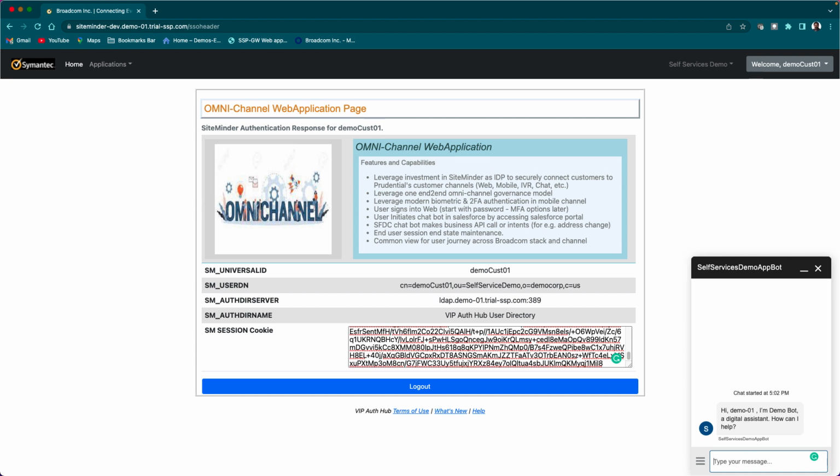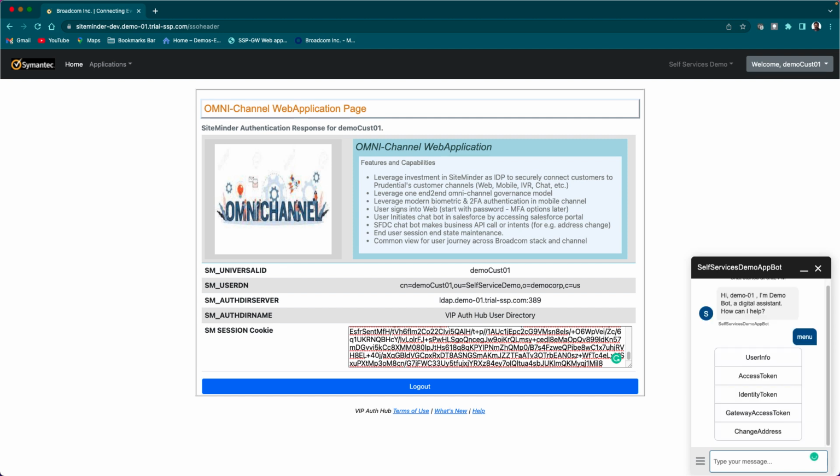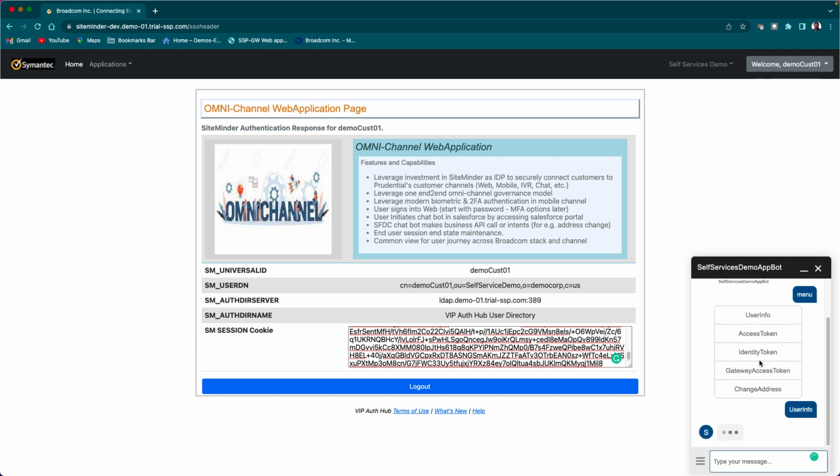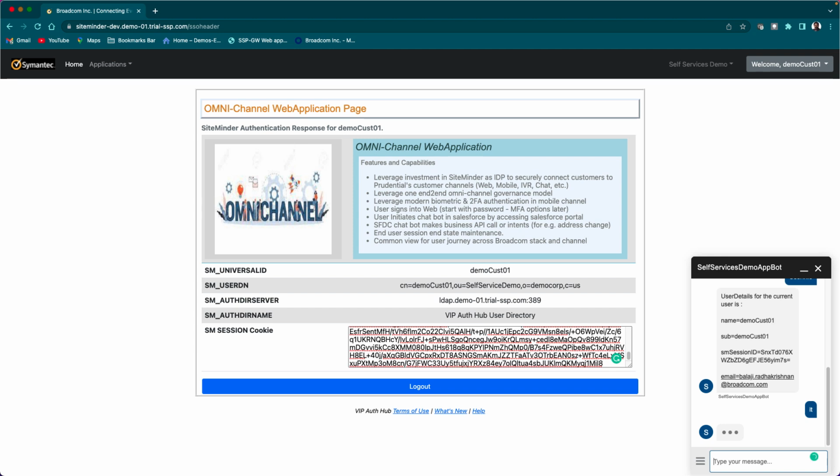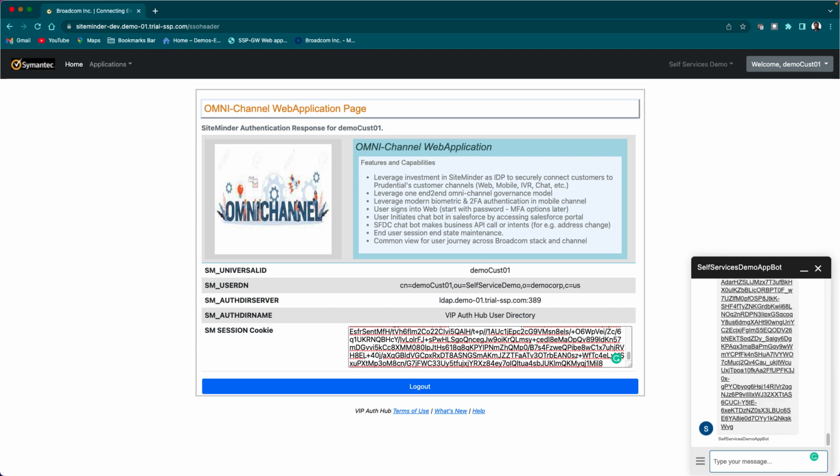And now if I check the menu, you could see the user info, access token, ID token, and this also takes us to the blue zone. But before getting in, I want to show you the user information that has been retrieved as part of the session. Similarly, ID token and access token. Now, getting into the blue zone,